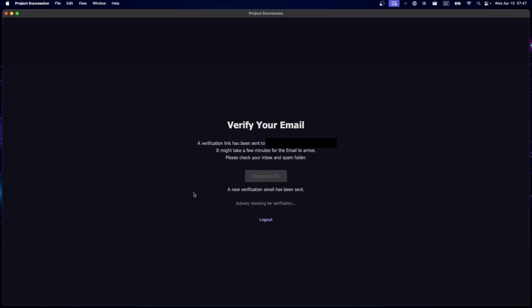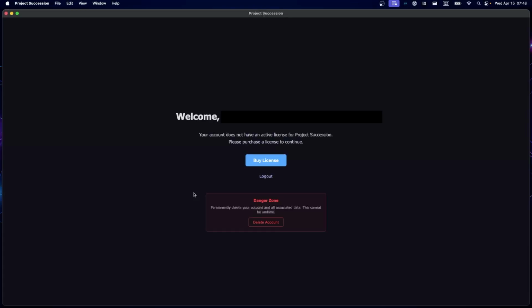So right-clicking and reloading is usually the way to go. If it doesn't reload automatically, in the end, this is just a website, right? So in a Tauri app, you have the options to also do Shift Command R or F5 to reload. Yeah, now we are greeted with the